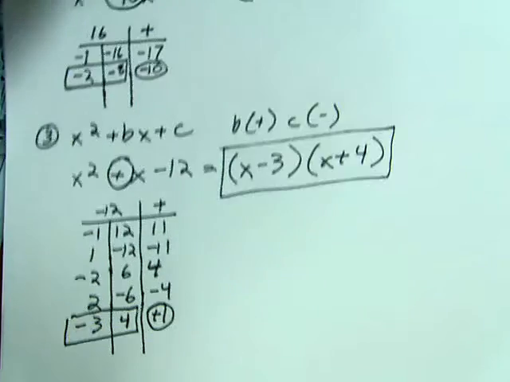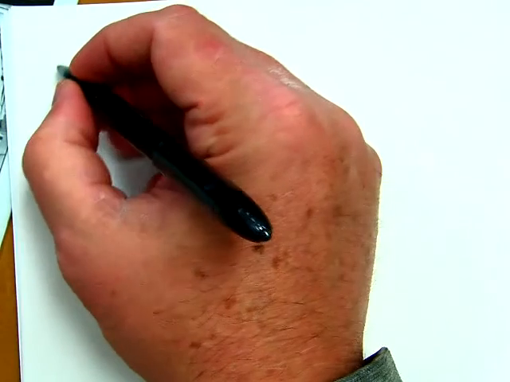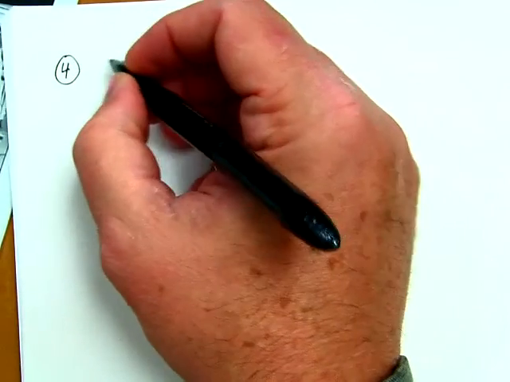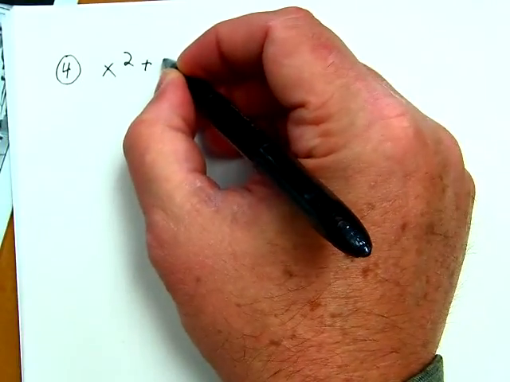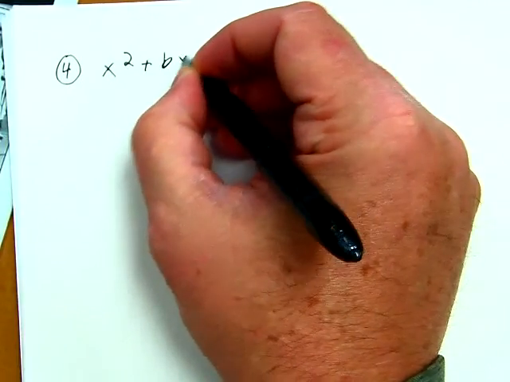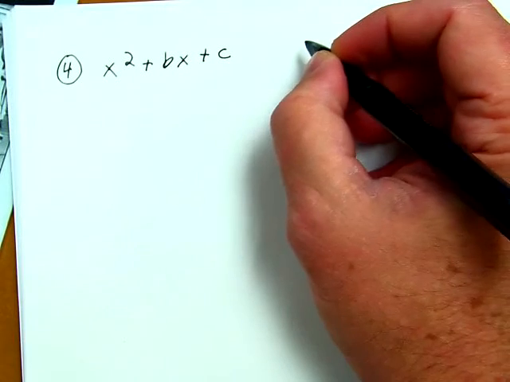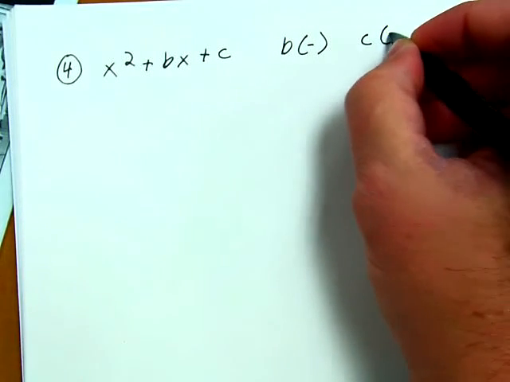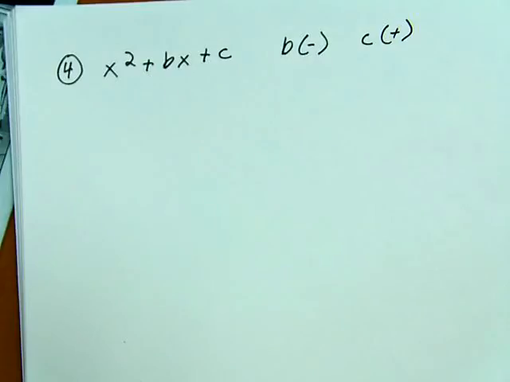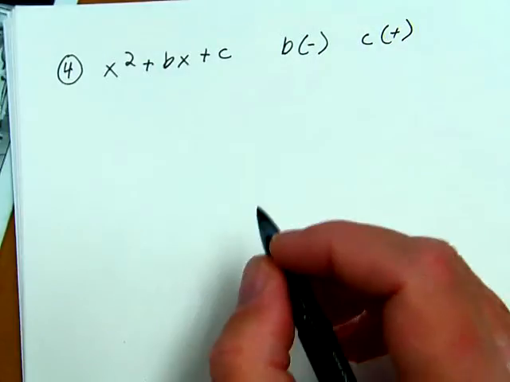Now let's look at example 4. In example 4, once again, we're in the form of x squared plus bx plus c. And in this case, we're worried about b being a negative and c being a positive. Okay? So in this case, since